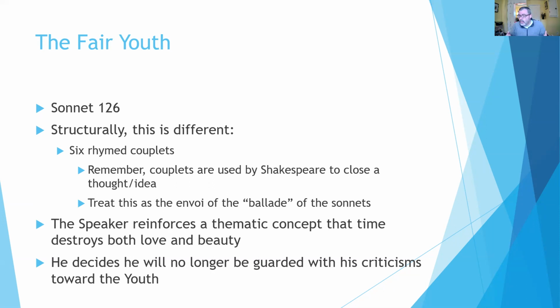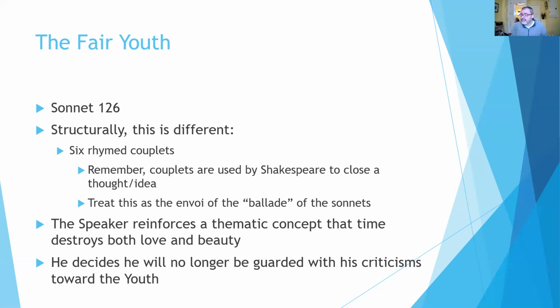Now, what's interesting is when we take a look at the final sonnet of this story arc, 1 through 126, the structure is different. Now, I remarked that I wasn't going to talk about the structure, but I think this is important. As you know, with a typical sonnet, like a Shakespearean sonnet, you have 3 quatrains, meaning 3 stanzas of 4 lines each. So there you get your 12, and then it ends with 1 couplet. We also know that the rhyme scheme is A, B, A, B, C, D, C, D, E, F, E, F, and then G, G at the end. But Sonnet 126 discards this structure.